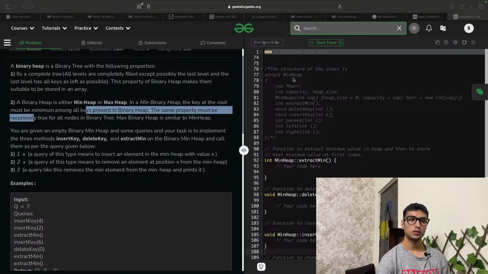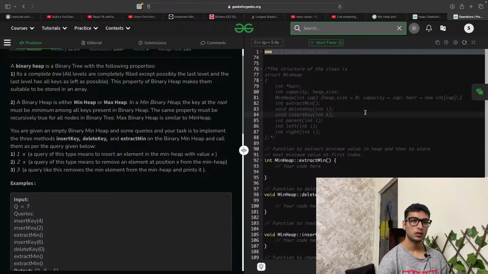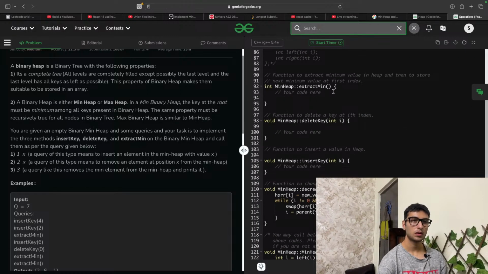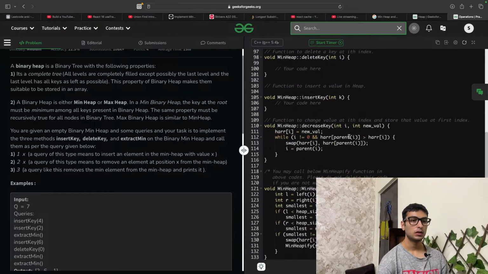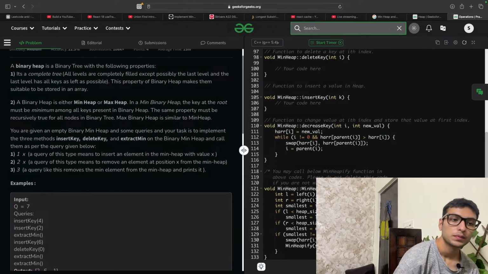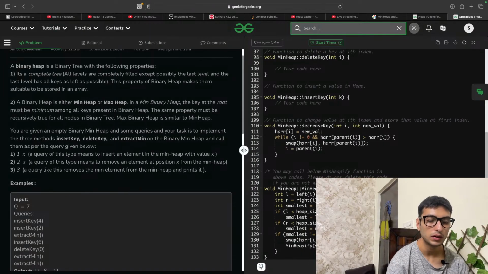Right, this is the structure. Heap array, capacity, heap size, MinHeap and cap. Extract min, void delete key, insert key, decrease key. In the above code, please do not delete this code if you are not writing your own MinHeap. L equal to left i, R equal to right i.